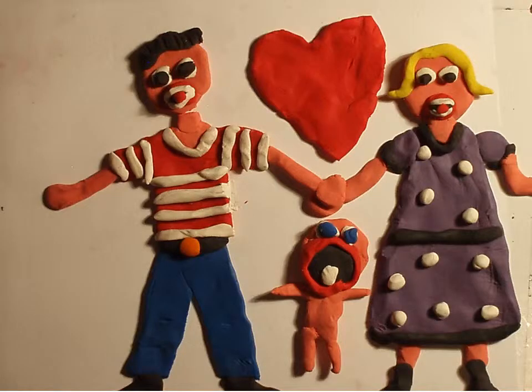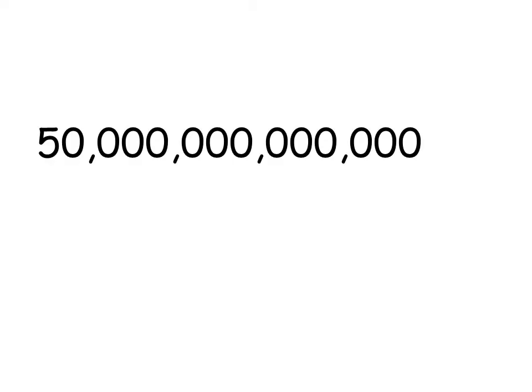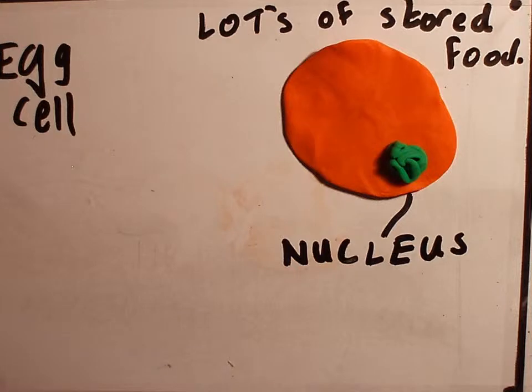Now we're going to look at some of the steps as to how we get from one cell to the 50,000 billion that make you up. And it does all start from that one cell, the egg cell, and it's got a few adaptations to help it to do its job, which is to develop into an embryo. The egg cell is quite big. As cells go, it's a bit of a beast. It's massive because it's got a lot of food stored in it for the embryo to develop from,